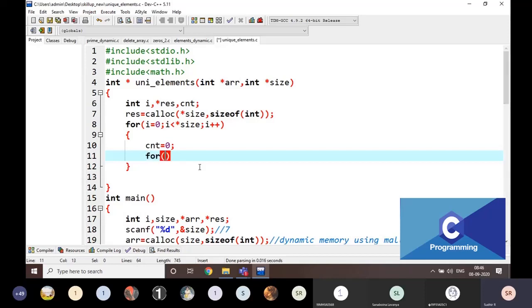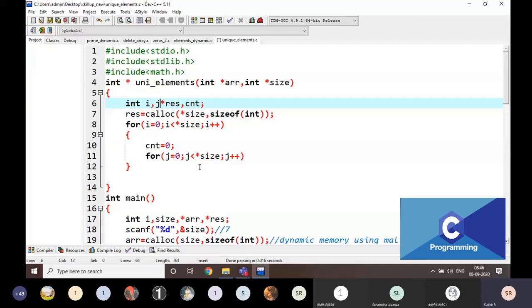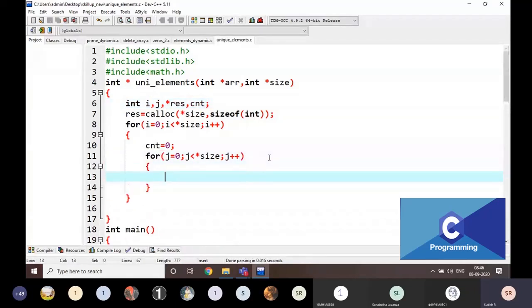I am going to write again for I is equal to 0, I less than arr size, again the same thing, but instead of I I am going to write J here, since again I am going to check with the same array values. If ARR of I is equal to ARR of J,